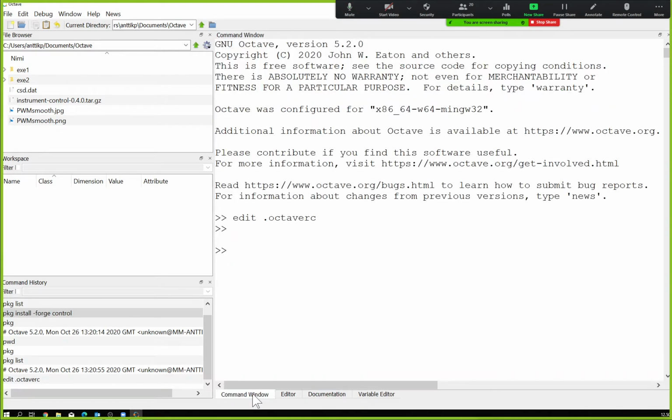So octaverc should be edited. That's basically the startup file, which didn't work in my case. Maybe there were some changes done lately. Okay, so